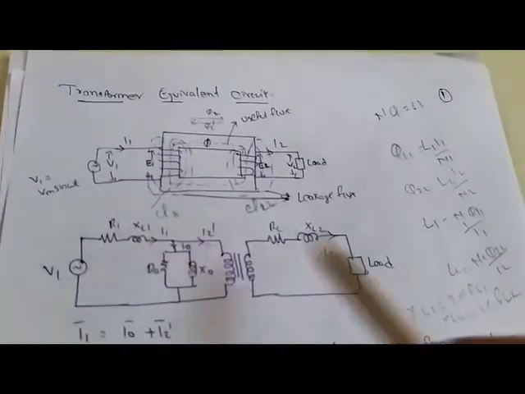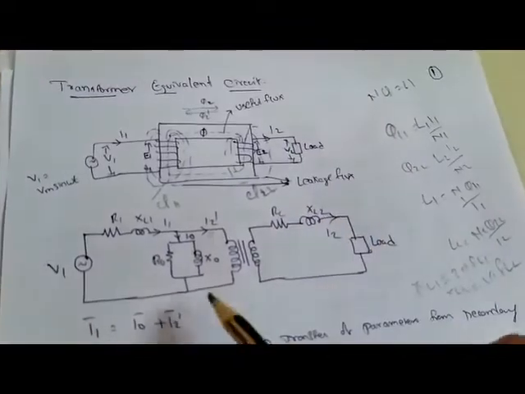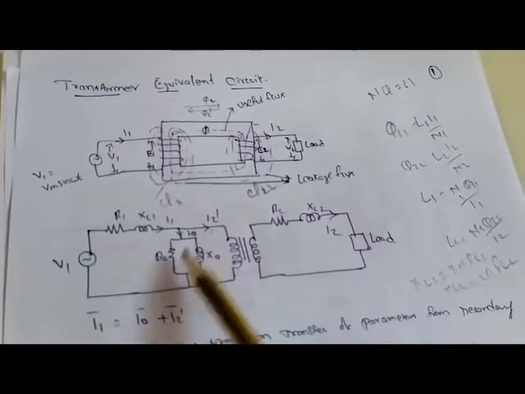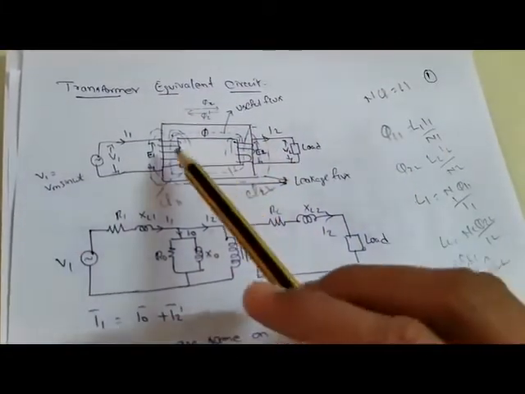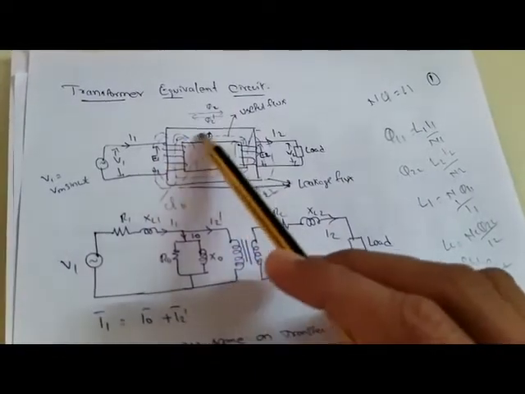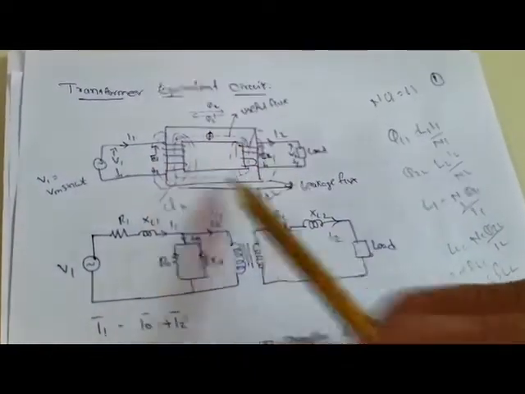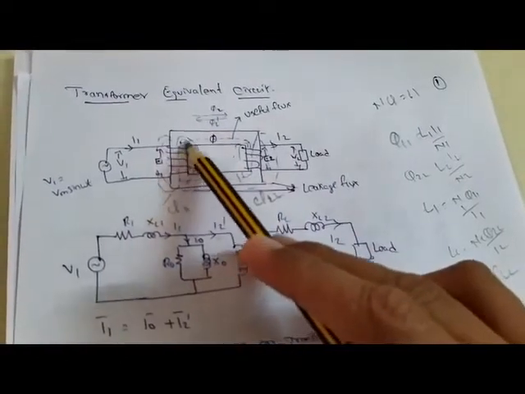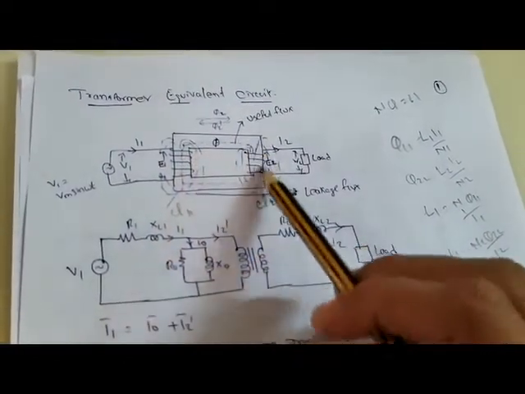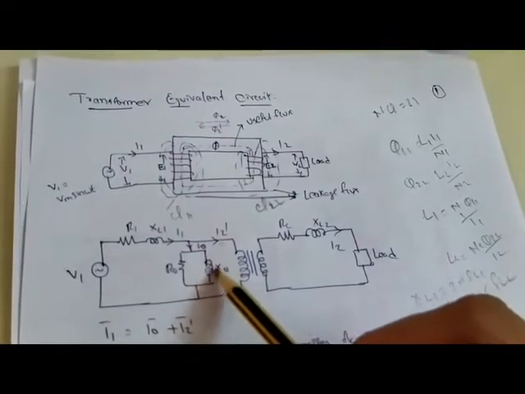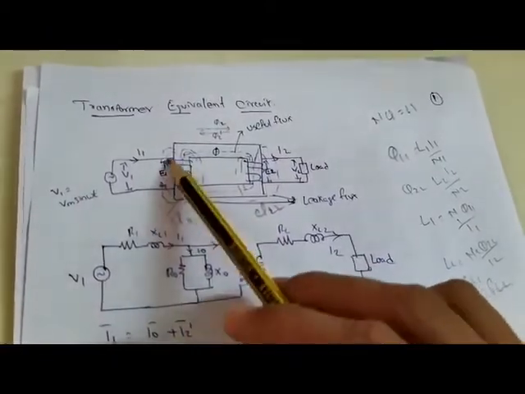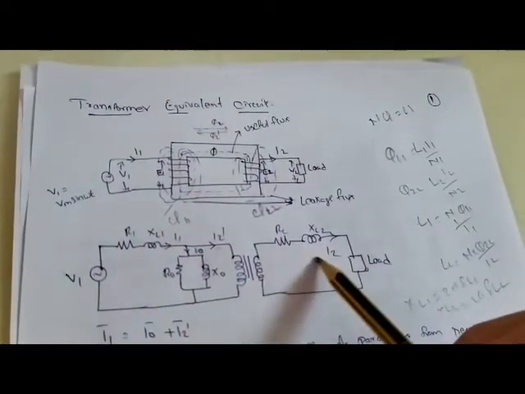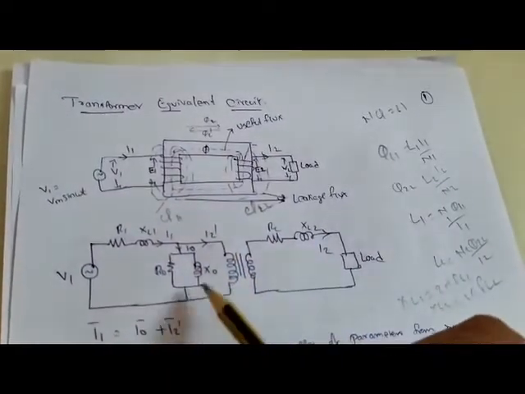This is XL1 and XL2. Coming to this R0, X0. R0 means the resistance of this core and X0 is the reactance, the leakage reactance of this part of the core. Okay, the leakage reactance of this part of the core. Actually this is a conductive part, so we consider it in parallel, and this is the opposite part, the resistive part. So we have to consider this in two parts. This is the drop, this is the useful one, the conduction.